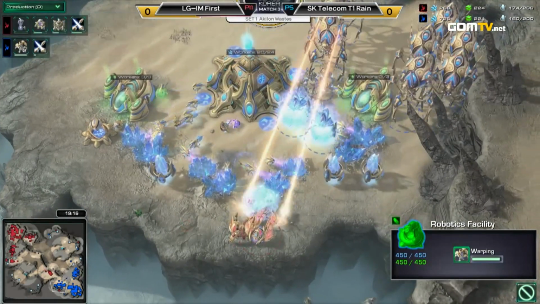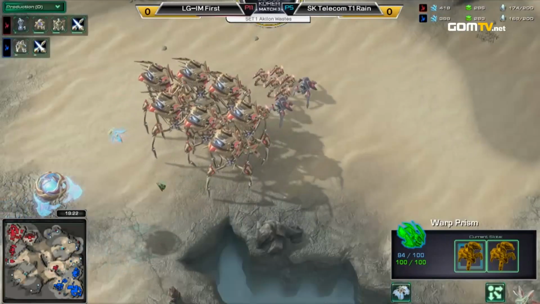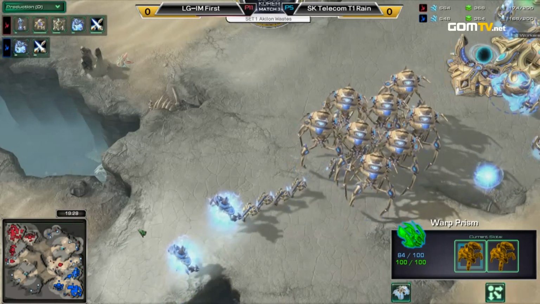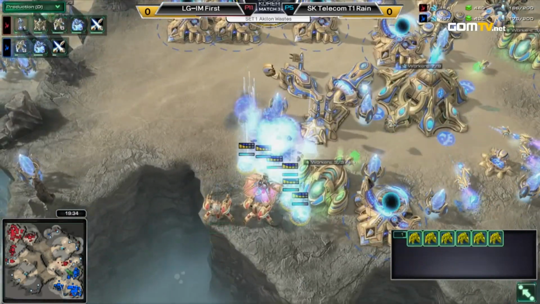All right, the Immortals now are coming down here. This is a nice little Immortal drop to just get something. Keep these units active. You can always fly around the map with a Warp Prism. Yeah, as long as you don't lose it. I mean, it's always going to do damage. Exactly. It's nice, too. Just going to take out this cannon and...